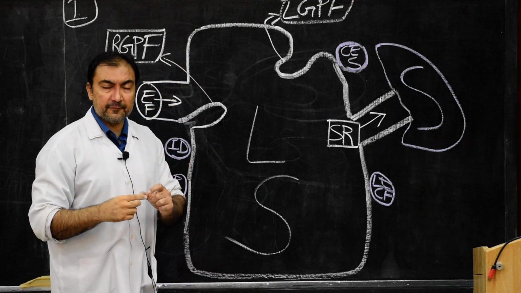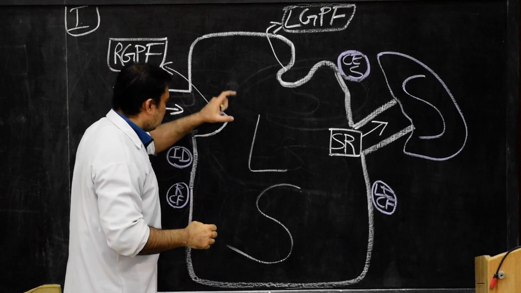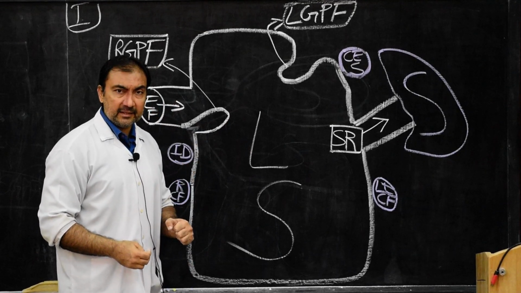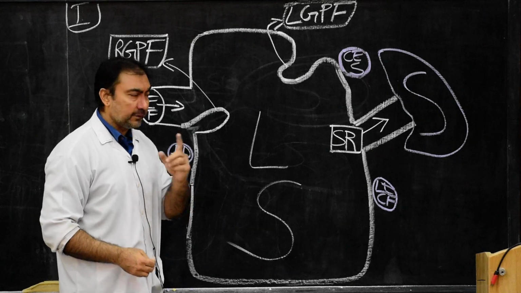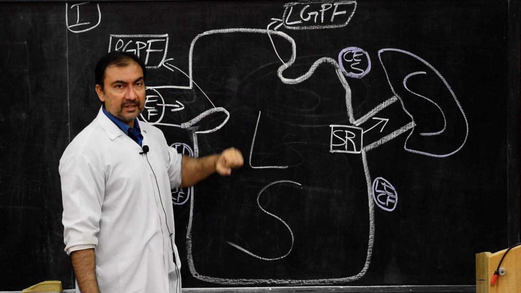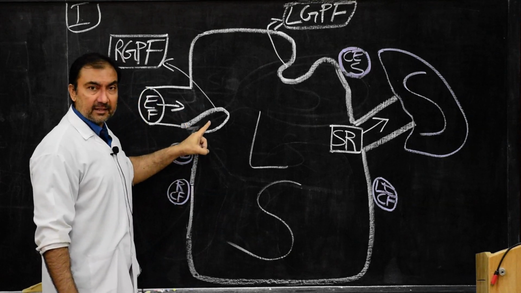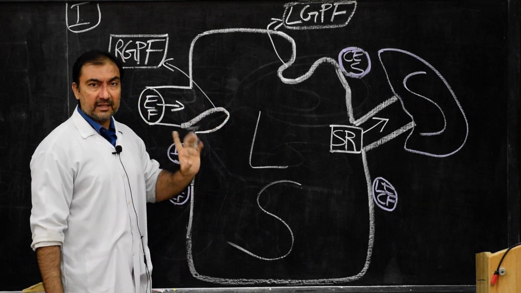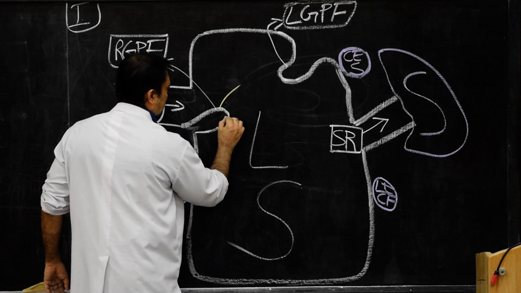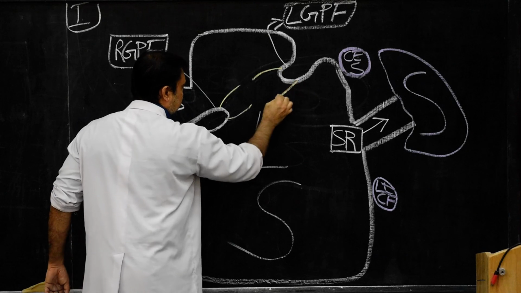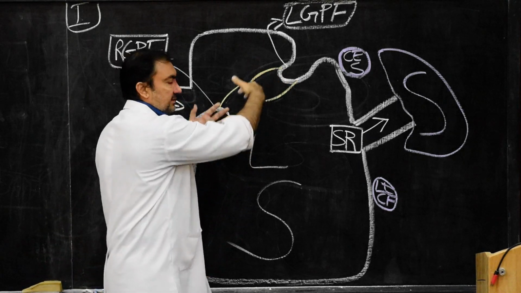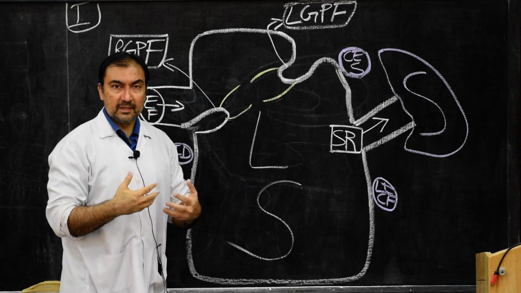They are sickle shaped folds which are present within the cavity of lesser sac, and these sickle shaped folds are directed in opposite directions. For example, the left gastropancreatic fold will be directed downwards to the right, and the right gastropancreatic fold is directed upwards and to the left. And remember, they are sickle shaped. So here I am showing they are sickle shaped, in this way they are directed in the interior.